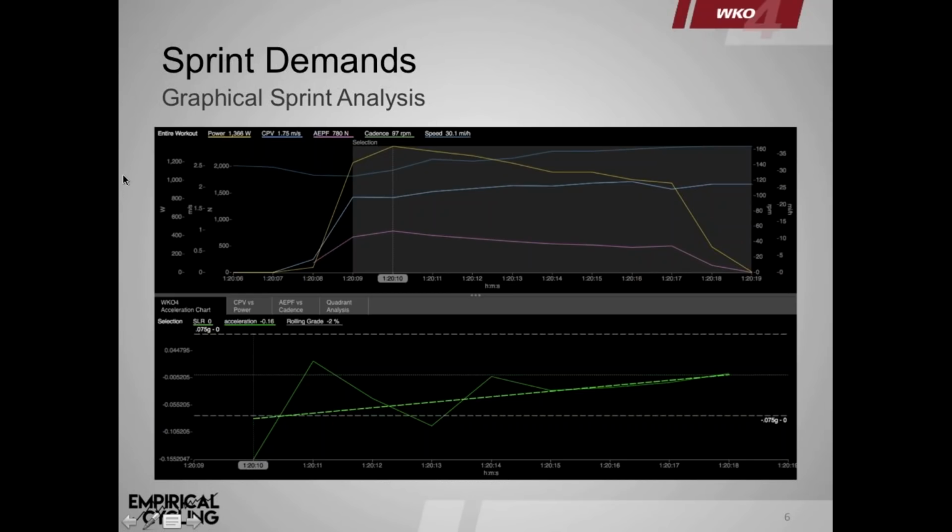Here in this graphical sprint analysis chart, on the top, this is how I look at most sprints. I have power, CPV, circumferential pedal velocity, AEPF, average effective pedal force, cadence, and speed. And the reason I have CPV and AEPF here is because when you go to the gym and you do velocity targeting, which I'm going to talk about a little bit later,